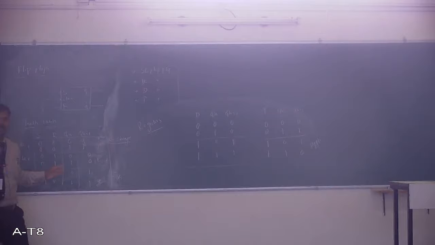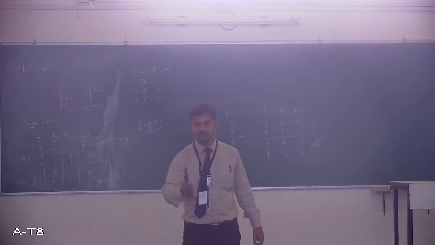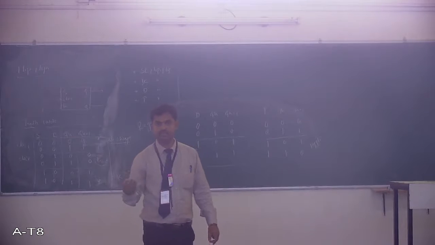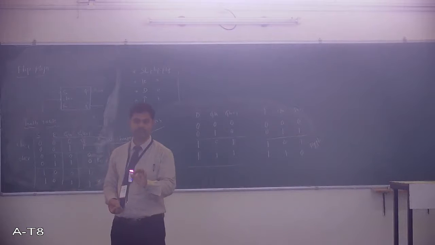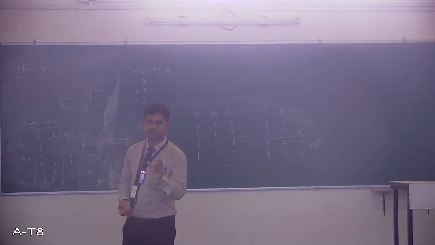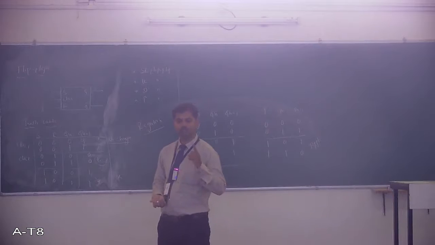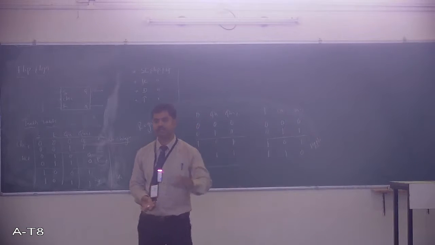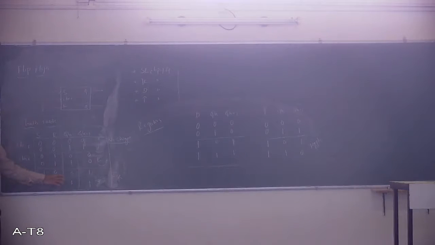The previous case is reset. Here it is exactly the reverse. But the input pattern must be S is 1, R is 0. 1, 0 and 0, 1 are not the same. If this particular combination of inputs is fed along with the clock signal, your output will turn into logic 1, whatever the previous state may be. That doesn't make any dependency. The output is straight away 1. So this is a set state.